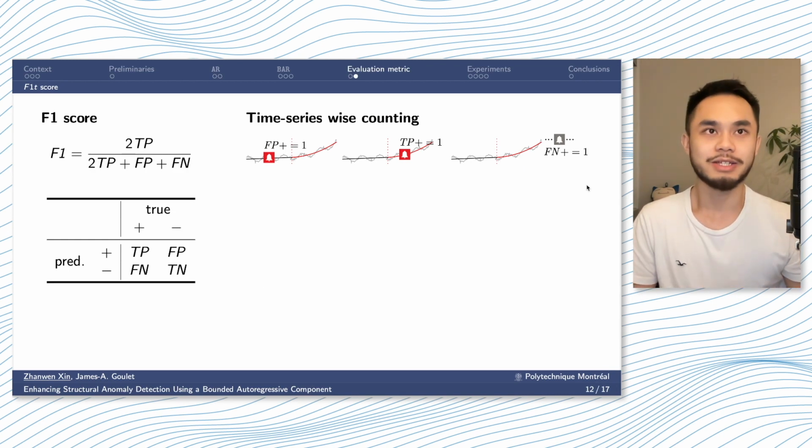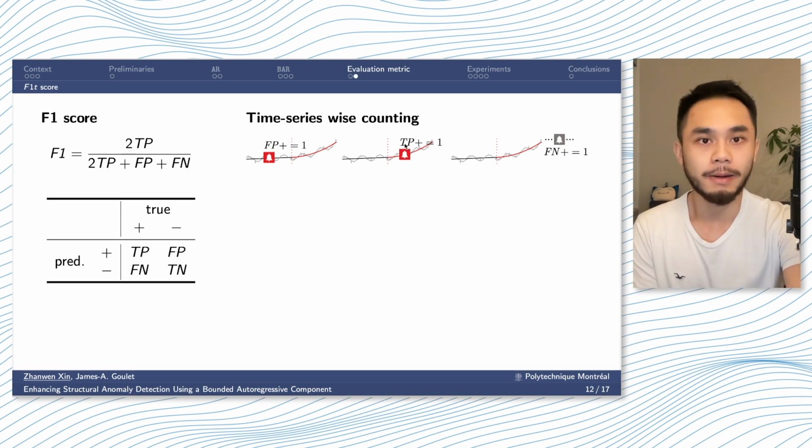But until now, there's still something missing here. The issue is in the determination of TP. When we count the TP, no matter where the model triggers an alarm within this region, it always gets a TP augmented by 1. So if you trigger right away after we introduce an anomaly, or you trigger at the end of this anomaly region, it has the same effect on our evaluation score. So it neglects